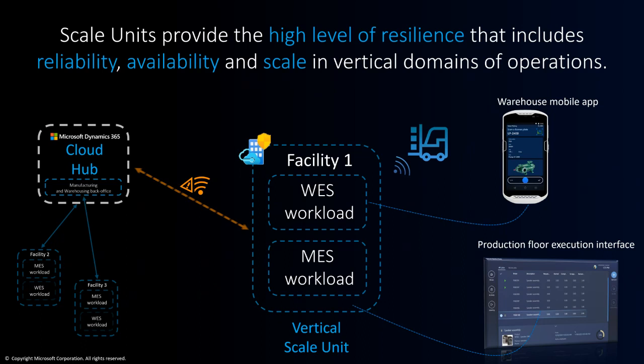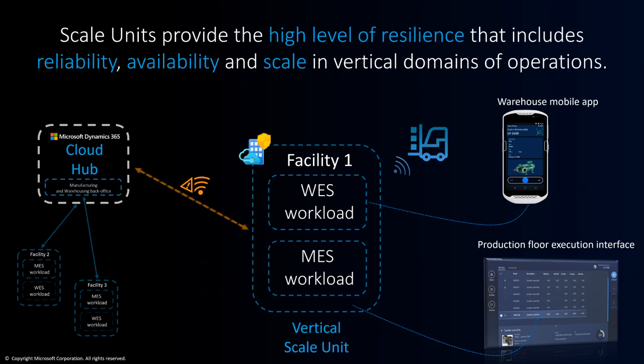How these scale units end up working is via what we call workloads. At this point in time, we have two main workloads available for you. We have a WES workload, which is our warehouse execution workload, and we have our MES workload, which is our manufacturing execution workload. You can see here via the WES workloads, you'd be using your warehouse mobile app to transact against those workloads. And we'd have our production floor execution interface transacting against those MES workloads, which again, transactions